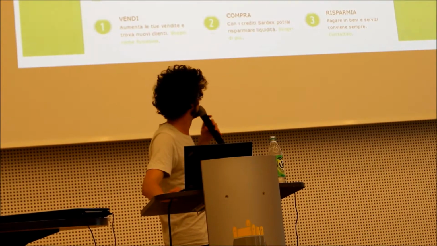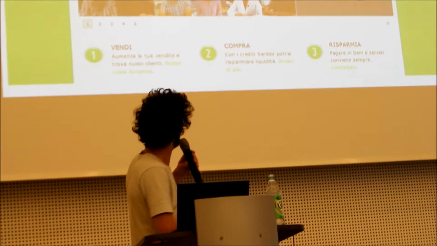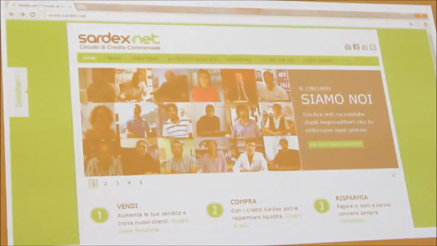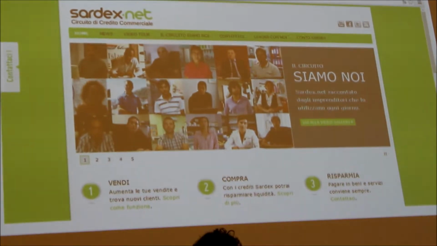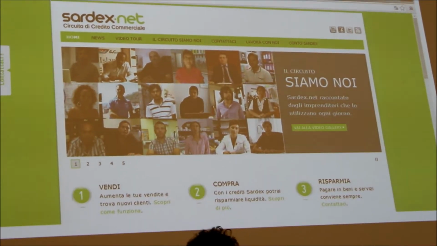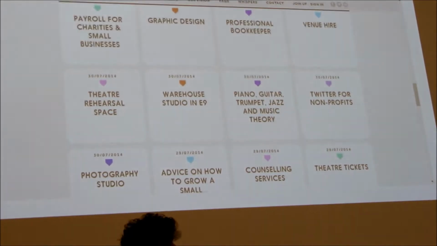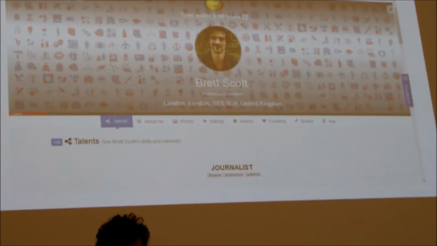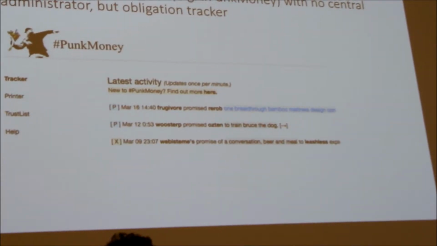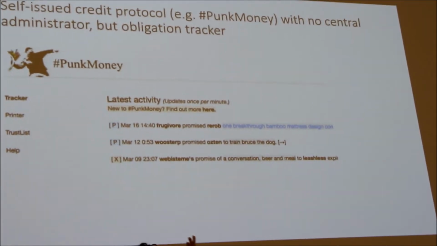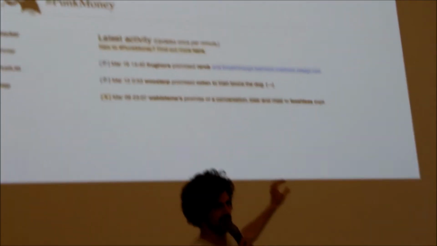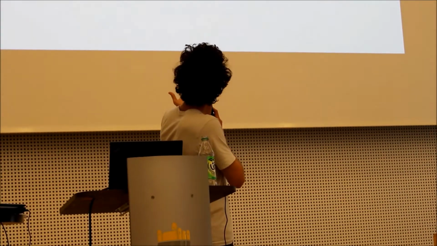A couple were mentioned. Here's a cool one some of you might know in Sardinia, which is a mutual credit system, Sardex, which is joining together small businesses in Sardinia. It's a different system to the Bristol account. We can discuss how it's different, but it's definitely quite a successful example. There's town banking systems, and here's the one I really want to show you, which a friend of mine made, which is a way of using Twitter to print your own currency or print promises to people. It's called Pump Money. It allows bilateral printing of promises, and then you can track who promised who what.